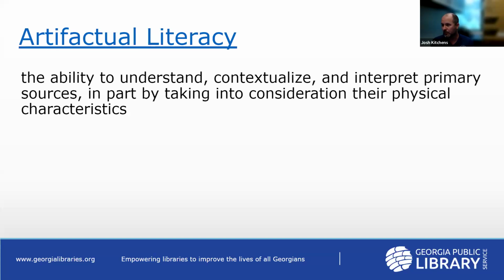Last up, I do want to talk at least briefly about artifactual literacy, and then I will be polling everyone again with one final example. Artifactual literacy is a concept that was created by Elizabeth Yakel, and I should have quoted the title of the article here for everybody, but it is in an article about